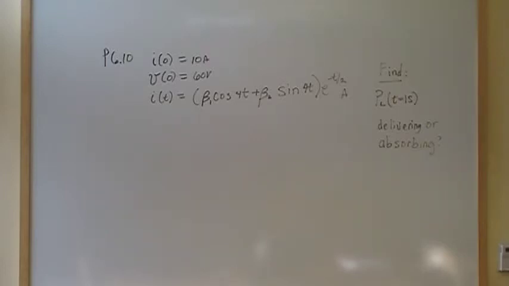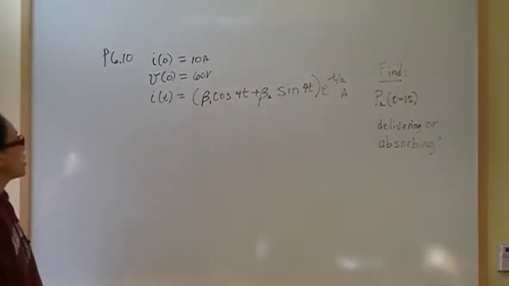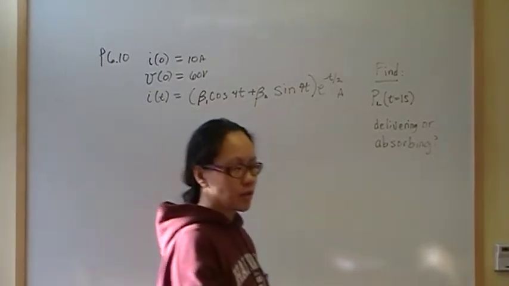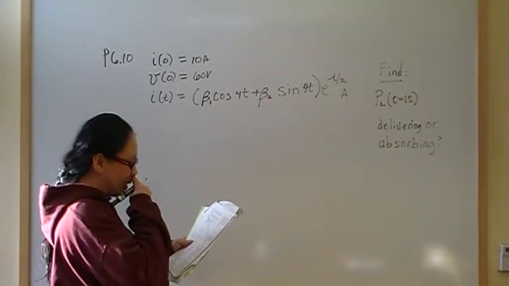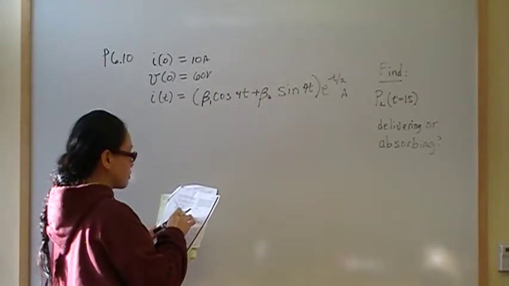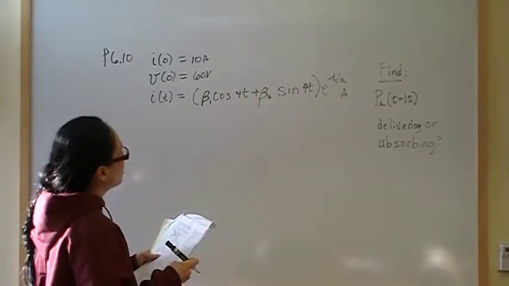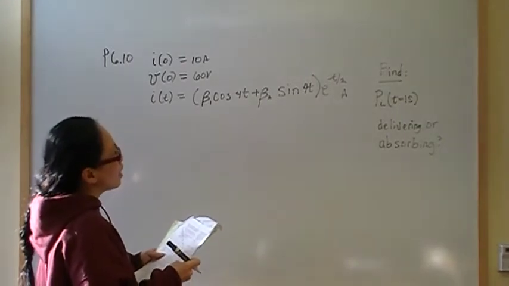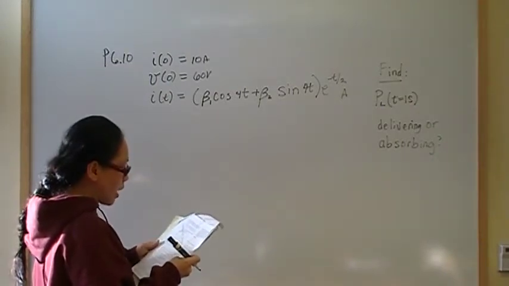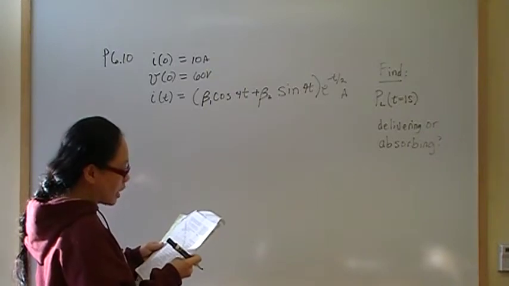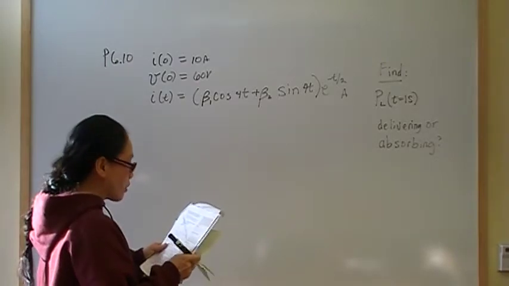This is problem number 10 from chapter 6 on inductors, and we have some initial conditions. Actually, I'll just read the problem from the start. It says the current in a 4 Henry inductor is 10 amps, and the general equation is that i of t is equal to beta 1 cosine 4t and beta 2 sine 4t, all of that times e to the minus t over 2. The voltage across the inductor at time 0 is 60 volts, and we want to calculate the power at the terminals of the inductor at time equals 1 second, and we want to also state whether the inductor is absorbing